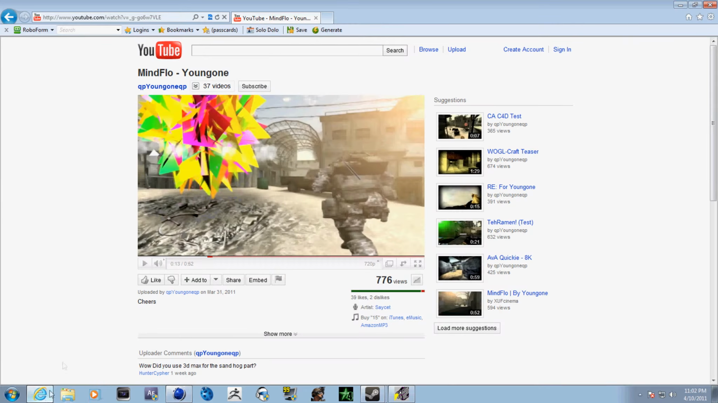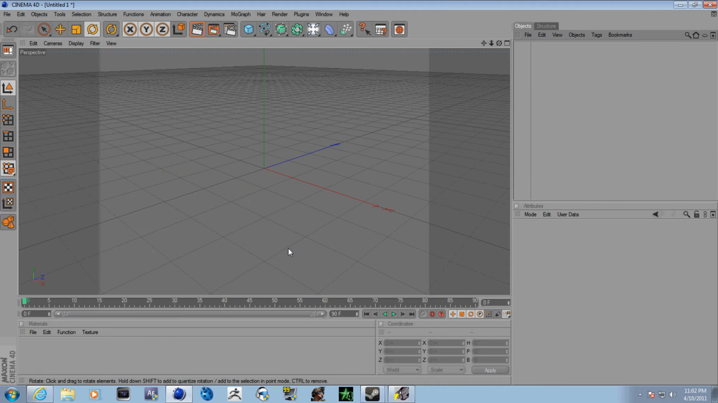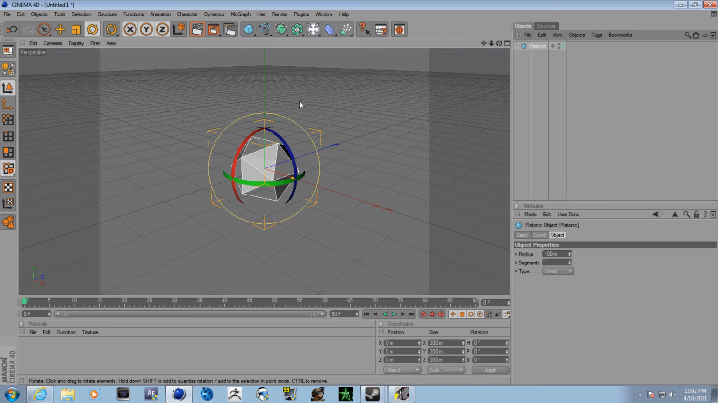What we're going to be creating is what I did with my Mind Flow mini-tage, and it's just this kind of abstract triangle pieced-together object that just floats around. So we're just going to be making the object. What you want to do first is create a platonic. It's just a very geometrical shape with lots of polygon triangles built together. What you want to do with this object is turn it into an octa, and you want to increase